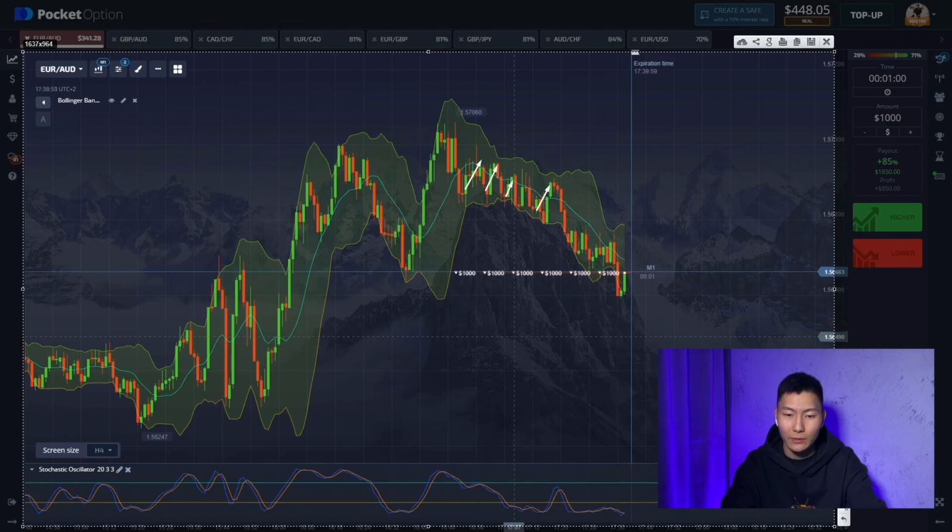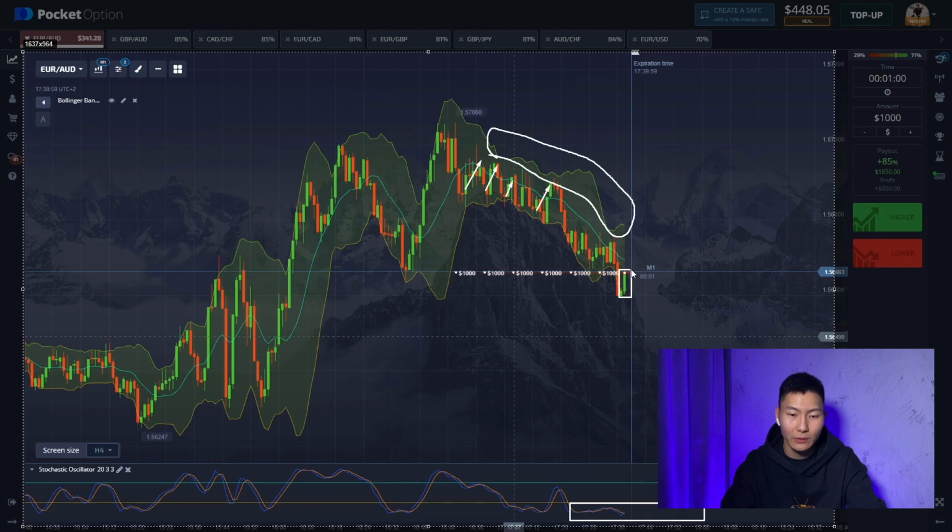Corrections also take place, but none of them can even reach the upper boundary of the channel, it's rare. So here we see the clear upward dynamics, the stochastic shows us the same, and considering the dynamics of this price movement, we make the decision that this correction will be annulled, and after that the movement goes down,